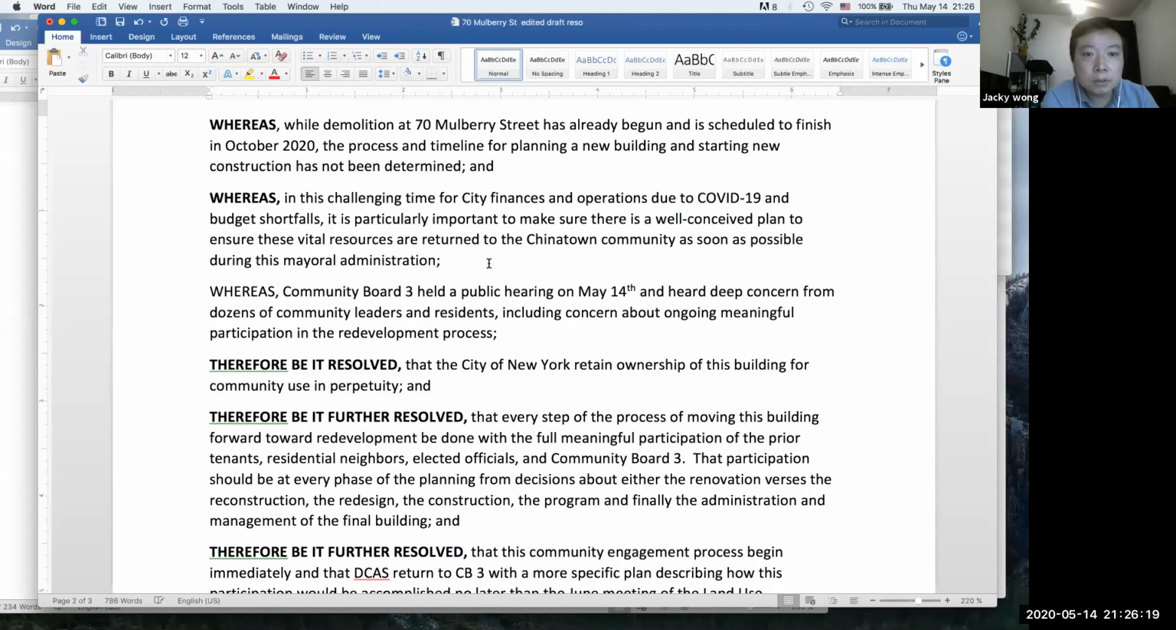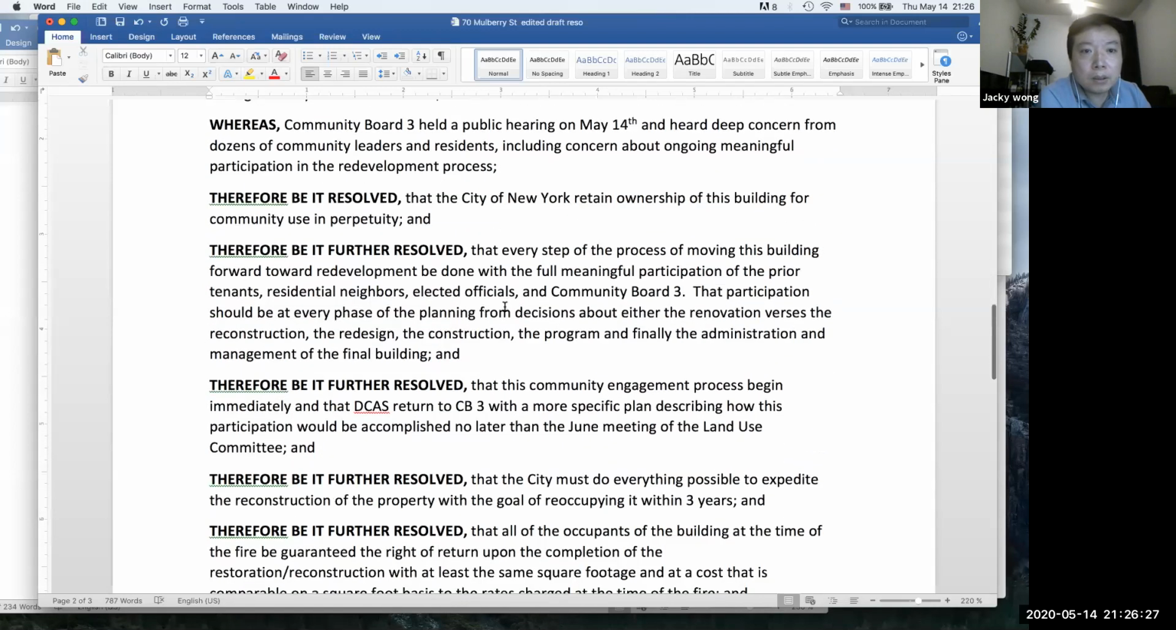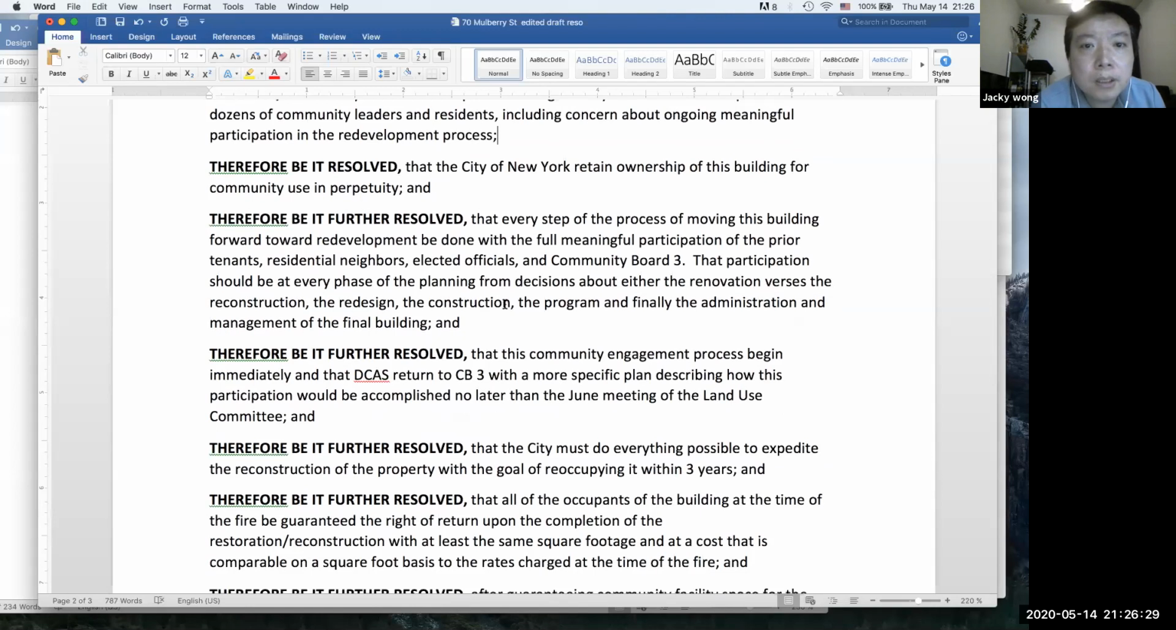Okay. And then bold the whereas. And bold whereas, right. Yes, thank you. Okay. And then be it resolved that the City of New York retain ownership of this building for community use in perpetuity, and be it further resolved that every step of the process of moving this building forward